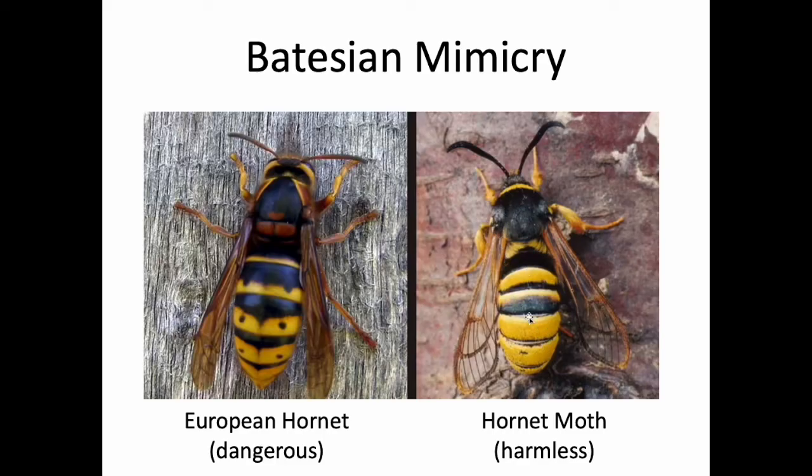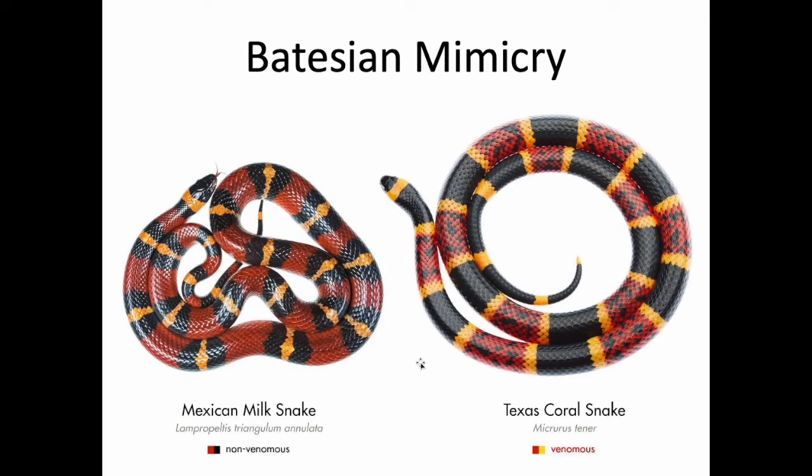So if you saw this thing buzzing around, flying around, you would probably not mess with it. You would probably avoid it, probably not want to be close to it or whatever. And from an evolutionary standpoint, way easier to evolve yellow and black fuzz than it is to actually evolve the stinger and everything that goes with it. Another example is the coral snake, which is very venomous. Black and yellow and red, and then the milk snake, Mexican milk snake in this particular example, same colors, slightly